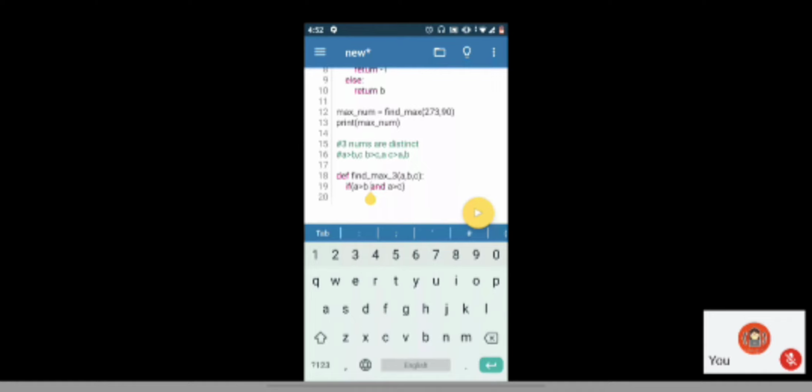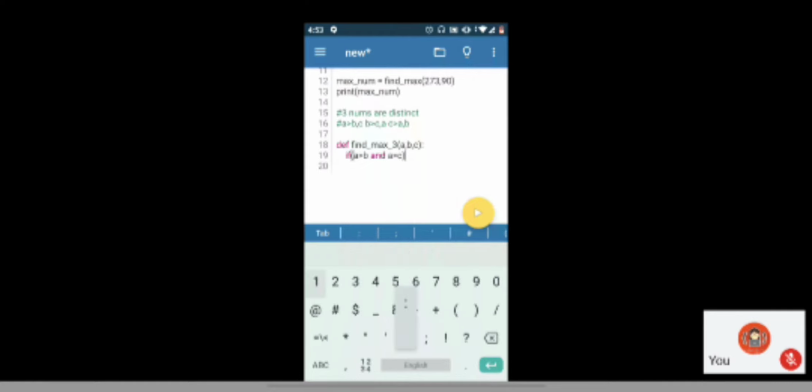For every relational operator you can only have two operands. So here I am checking A is greater than B and A is greater than C, which means if both are true, we can conclude that A is greater than both B and C. So here we'll have max to be A.